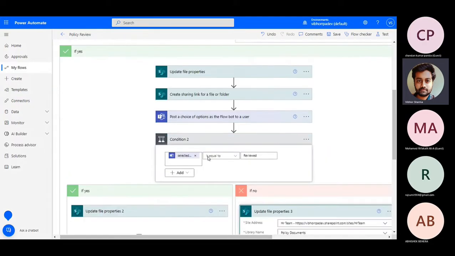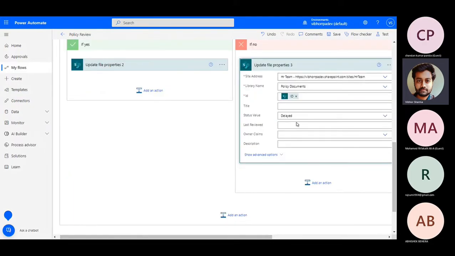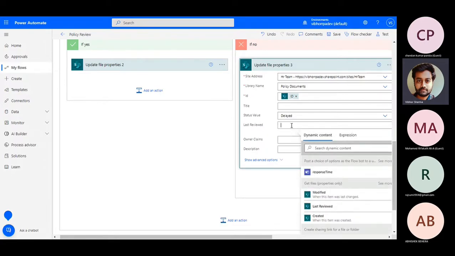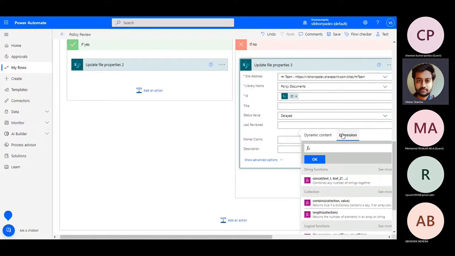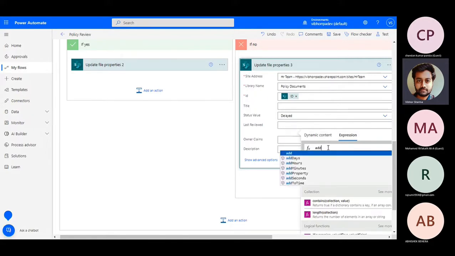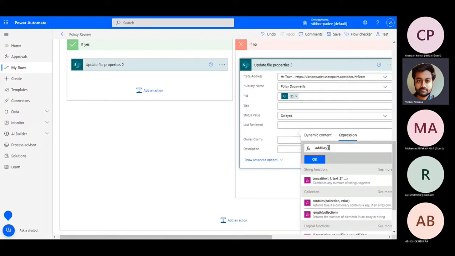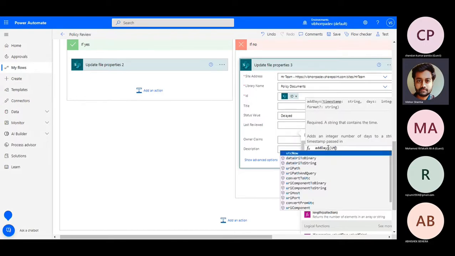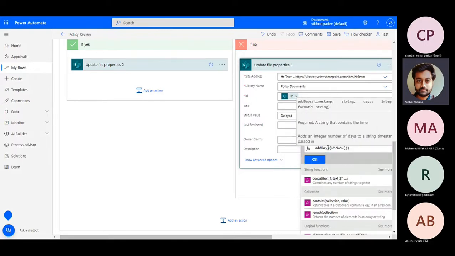That is what we are giving. And while they delay it, we want our last review date. We are delaying it by 1 month, which means the last review date, we want to send a reminder after 1 month again, right? So we'll make the last review date to be, we are using a UTC expression, UTC now